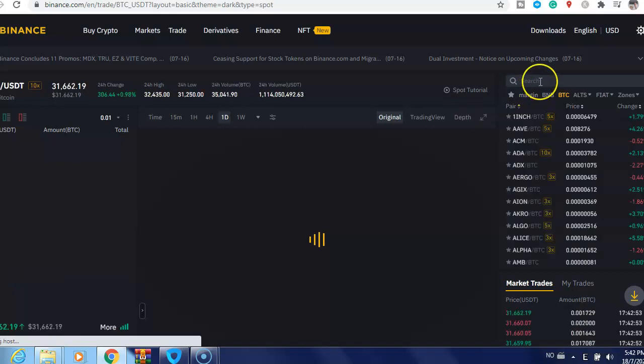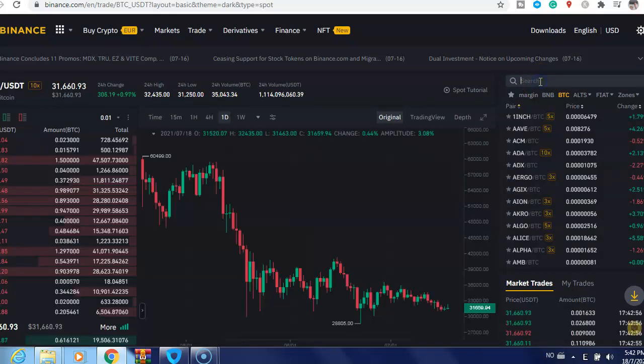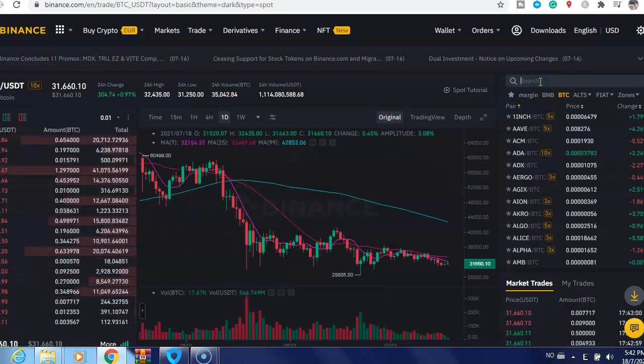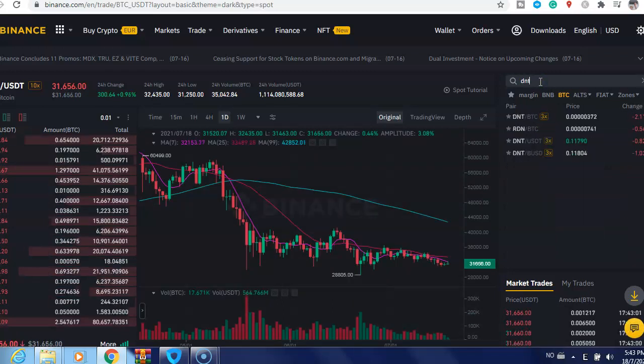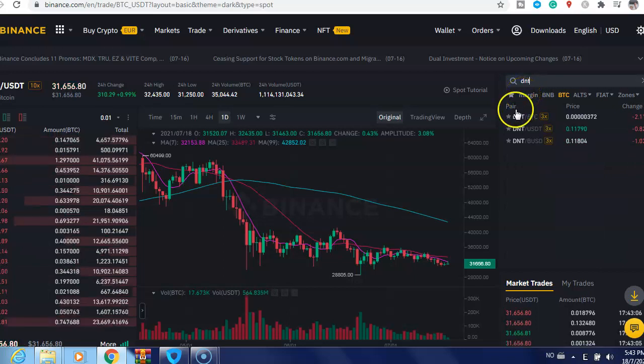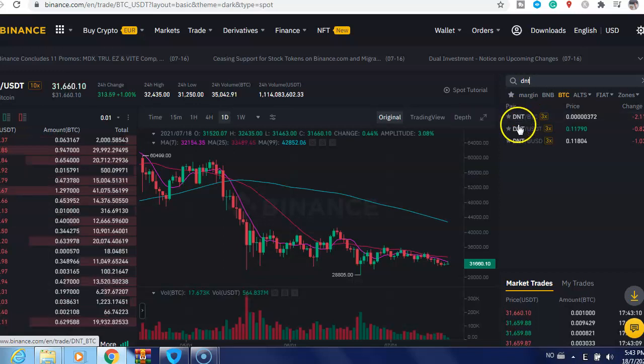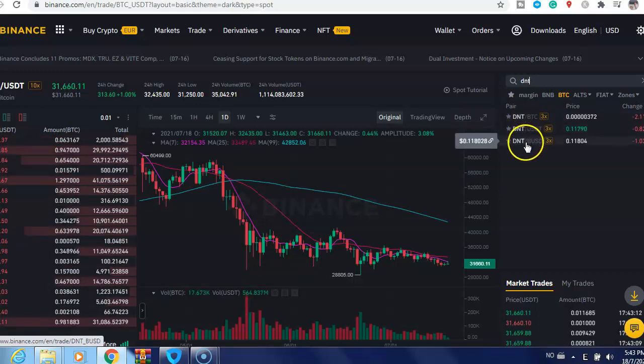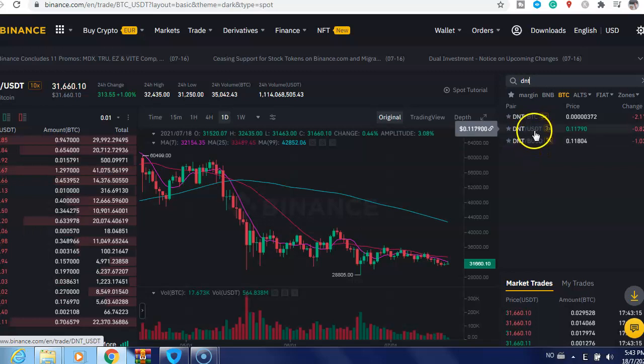Just wait for a few seconds. And then here on the search bar, just type DNT and you have here DNT with BTC, USDT, BUSD. I will select USDT